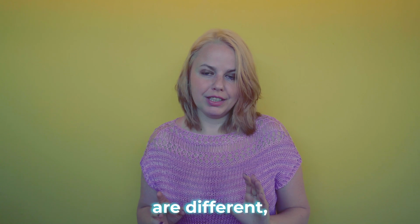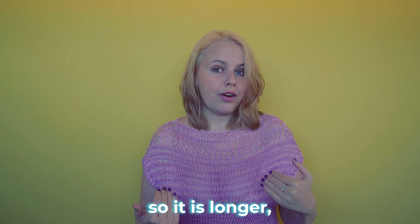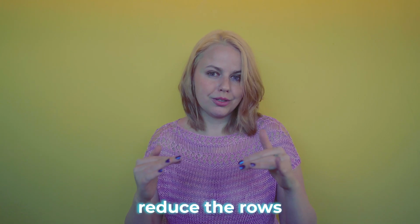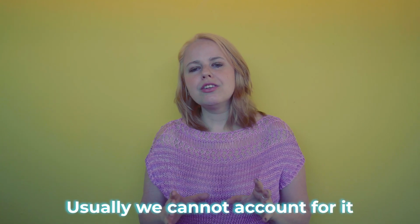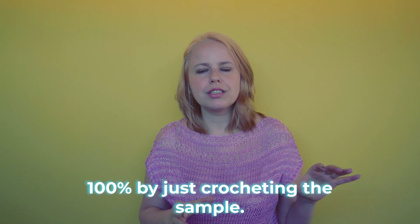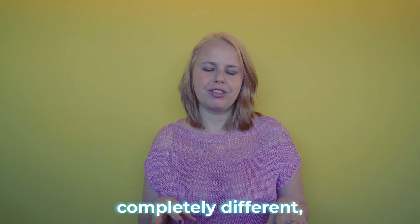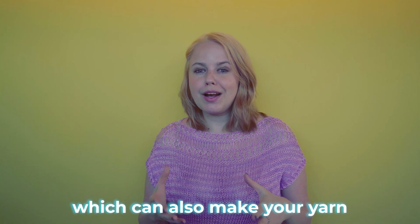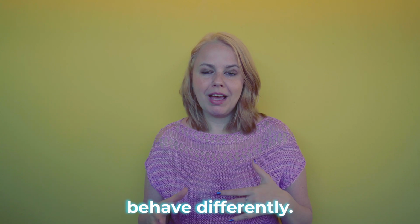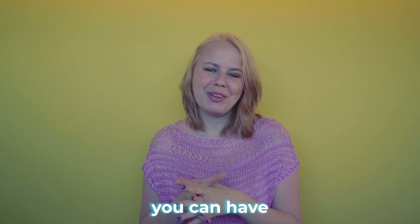If the measurements are different, it will let you know if you need to add more rows so it is longer, or you need to reduce the rows because it's stretched too much. Usually, we cannot account for this 100% just by crocheting the sample. There are too many yarns which behave completely different, and too many combinations of fibers, which can also make your yarn behave completely differently. But following the steps, it will give you as much control as you possibly can have